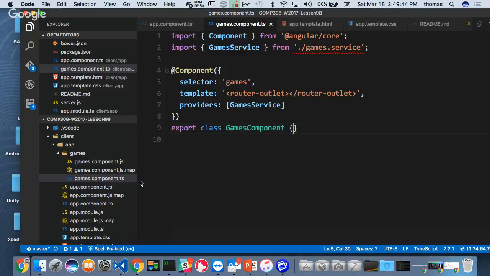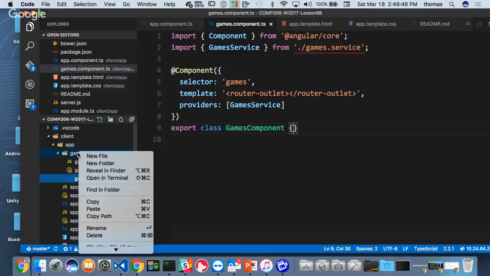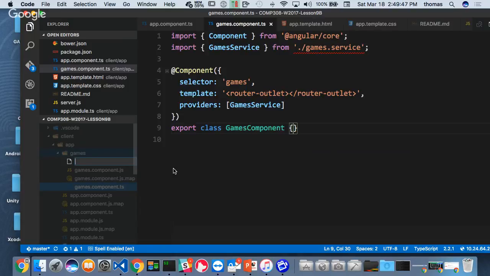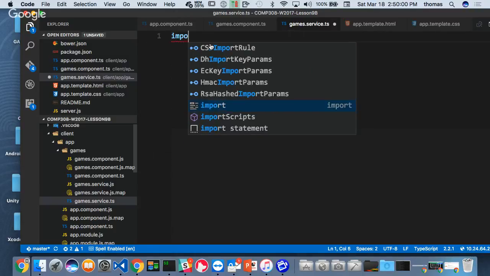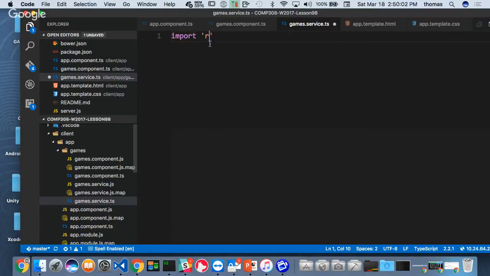I want to install that service. So I'm going to right-click here, create a new file, and name it games.service.ts. All right, now this is what we were talking about. I'm going to import, and this is neat, this